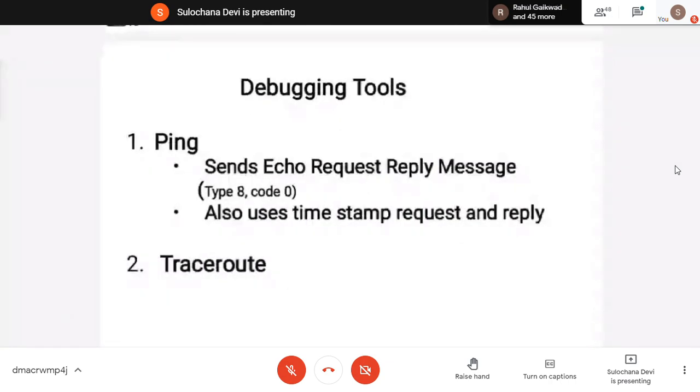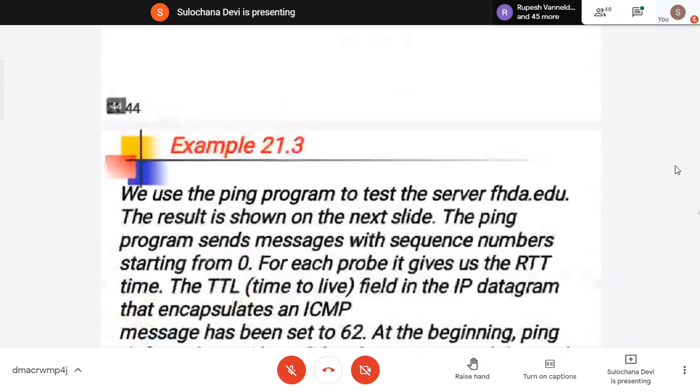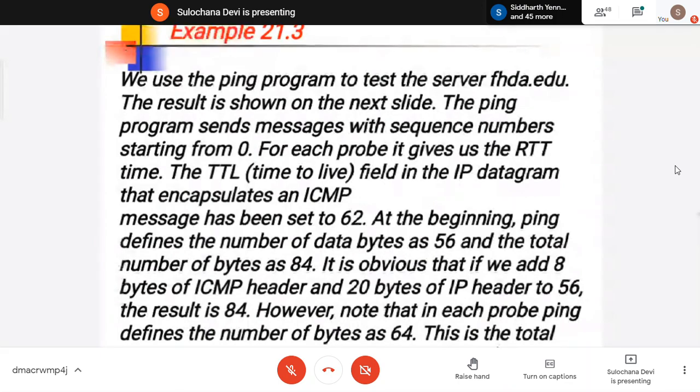Now these are two tools which are used for debugging. One is ping, when we want to check whether we are connected or not, or check the timestamp. Another is traceroute. If I have to reach your machine, what are the steps, or what are the routers in between? I can trace the route to any domain name or IP address. The command is traceroute followed by the IP address. It will give a maximum of 30 hops, from your machine to this machine, then this router, then this router, like that.